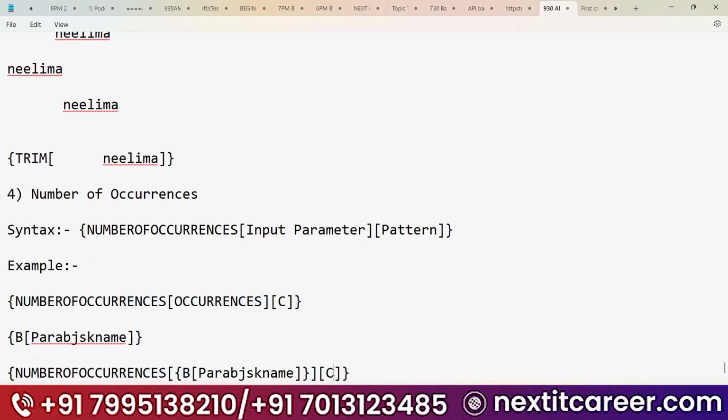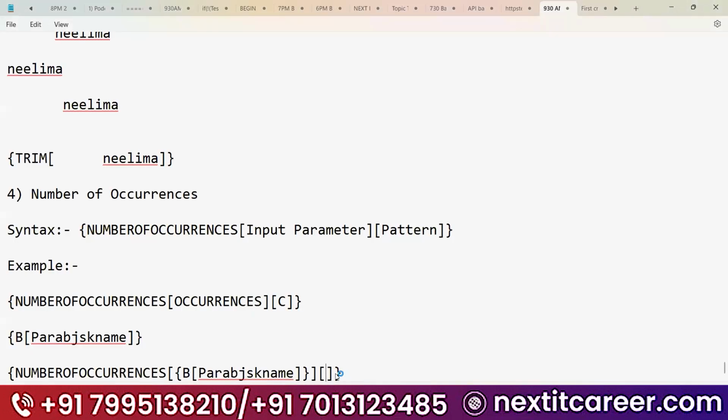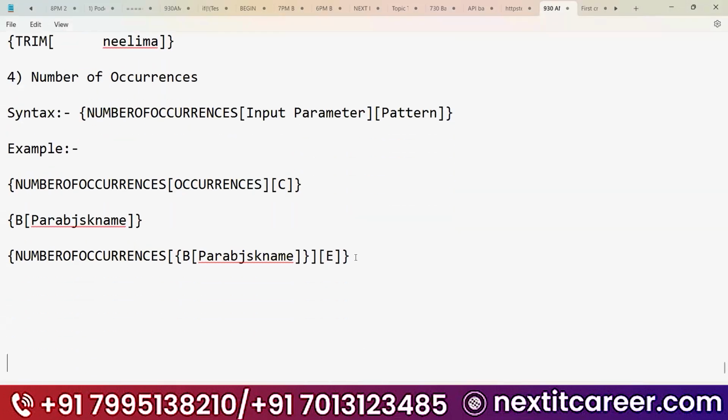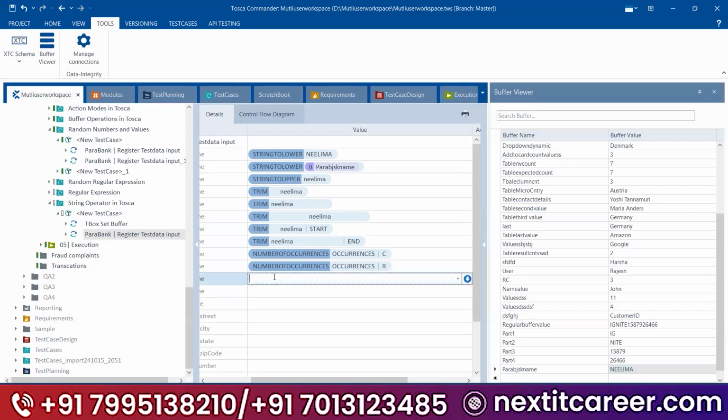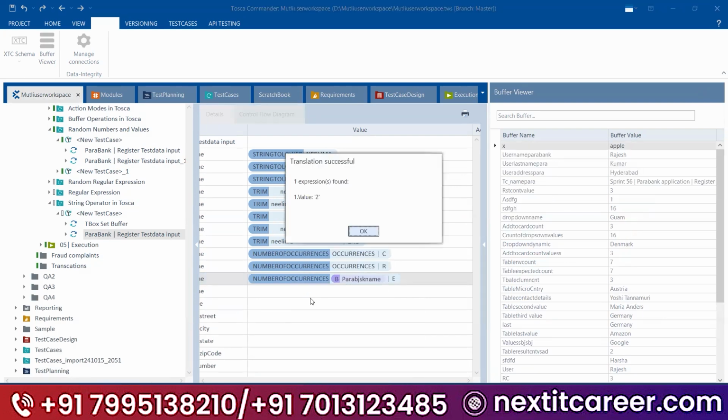Okay. So use it to count how many times the E has occurred. Here it is in capital letter only, so give the capital letter. If you give a small letter, it is case sensitive and it won't get any values. Just copy the value and paste it over here. The answer should be 2 times. Yes, the answer is 2, guys.